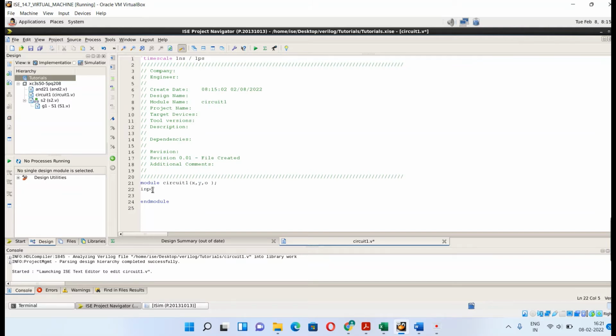Here we will define input as X and Y are the inputs, and output is O. And to define the intermediate outputs, we'll define them by using a wire. So today you learned a new word, wire.